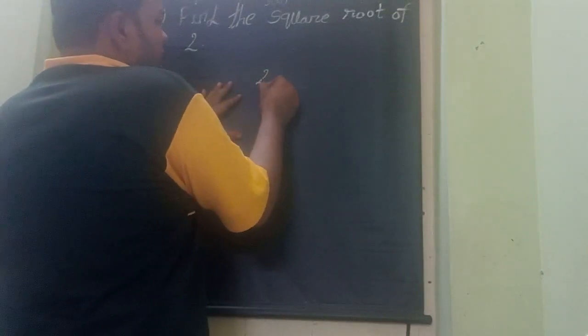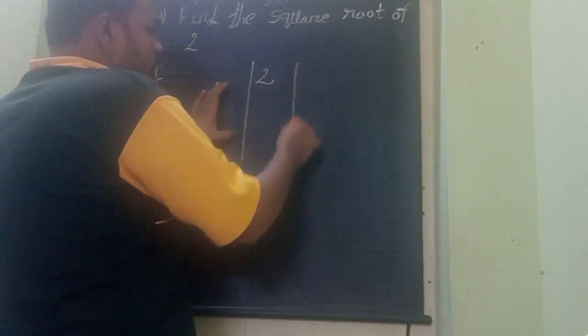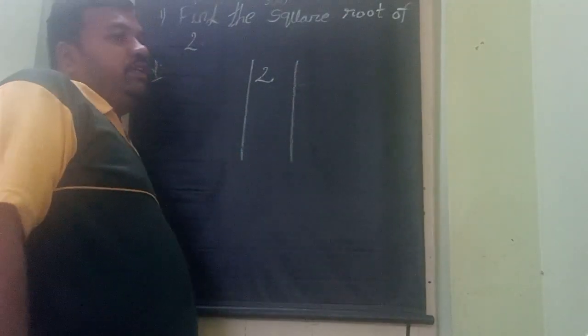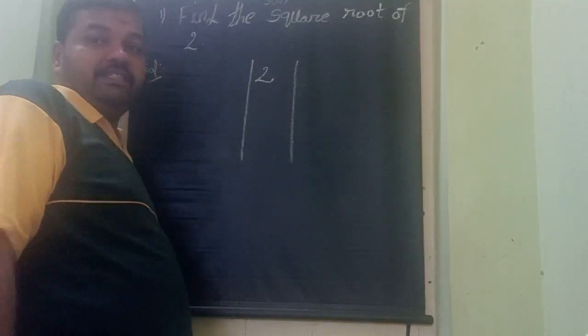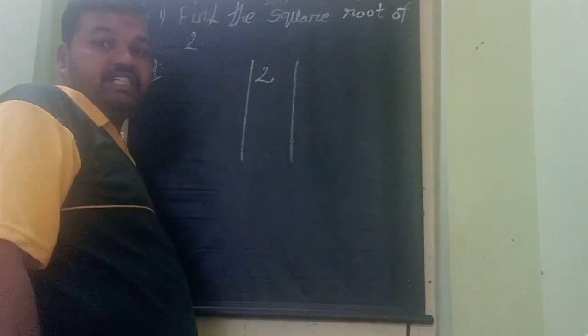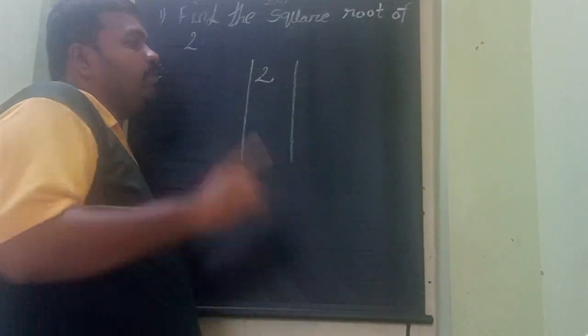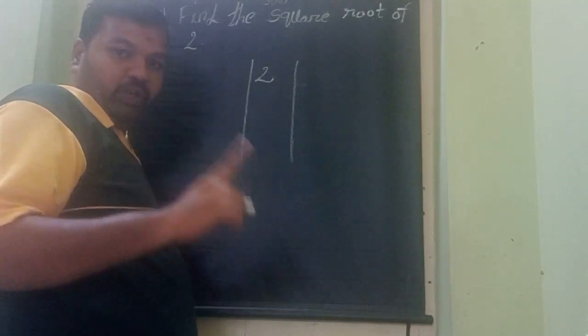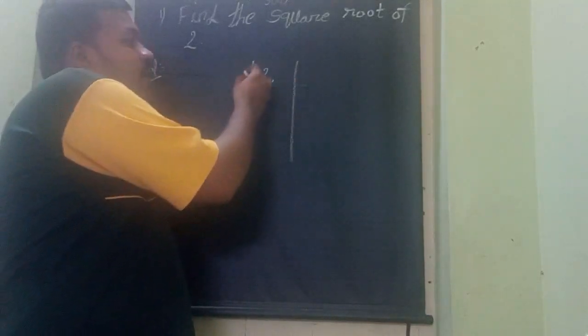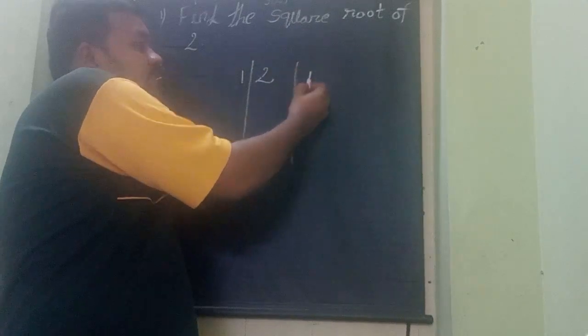How to find the root of the irrational number 2? For that we follow the division method. What is the rule of the division method? The making of pairs, but here no pair is forming, only one digit is there. So start with one digit only. 1 ones are 1, 2 twos are 4, so that is not possible. Only one time, write 1 ones are 1.